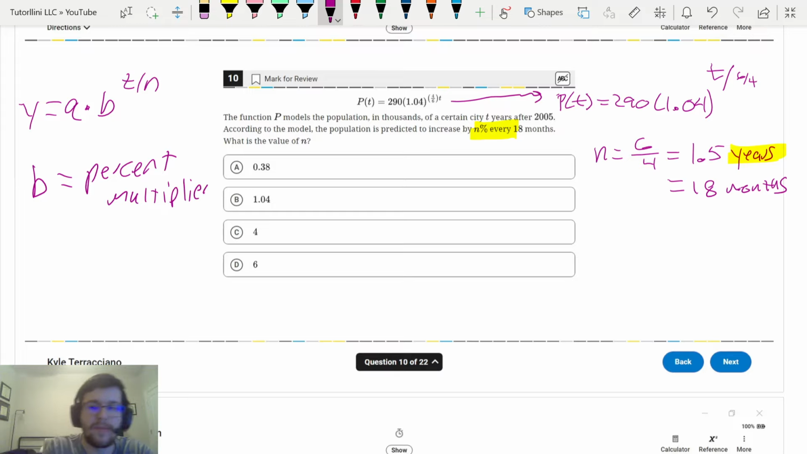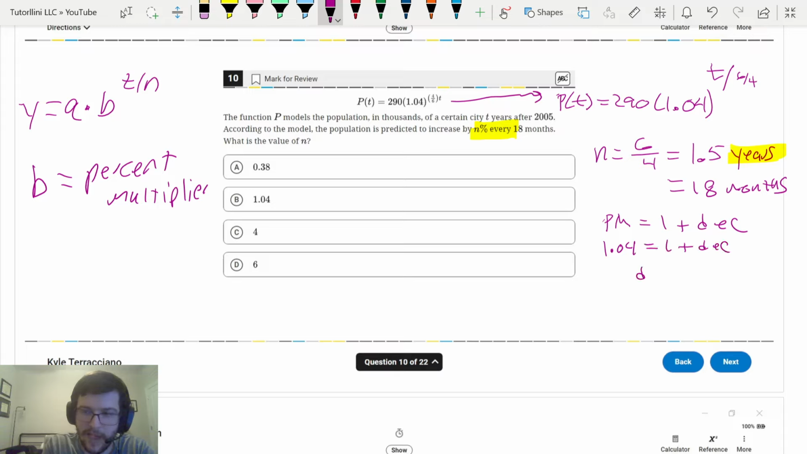So lots of people can just see this in their head, but in case you can't, the percent multiplier is equal to 1 plus the decimal for an increase. For a decrease, it's 1 minus the decimal. So the percent multiplier is 1.04, which equals 1 plus the decimal. Subtract 1 from both sides, and we get the decimal equals 0.04. Now multiply by 100 to make it a percent, and the percent is 4%, and it's a 4% increase, which